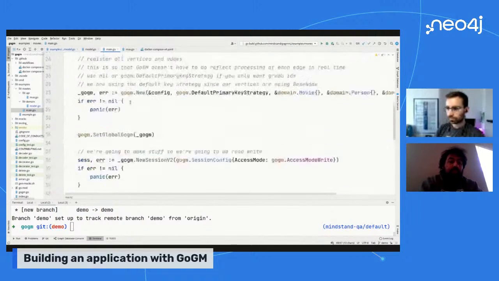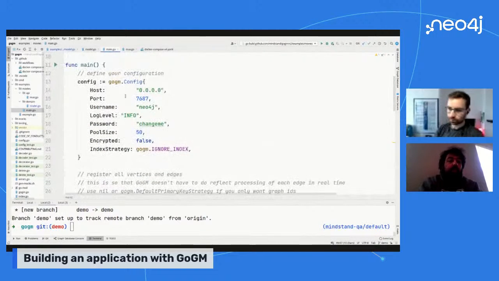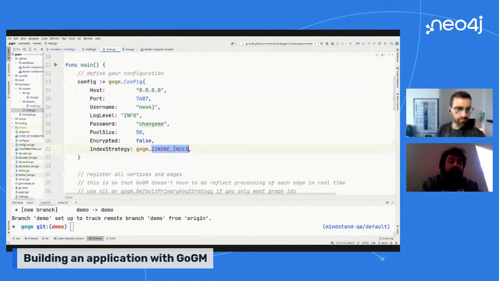So to then actually use this, we have to initialize Gogem. This is just a basic config. I've already initialized the indices. If you want to initialize the indices, you use assert. If you want to just validate, you use validate.